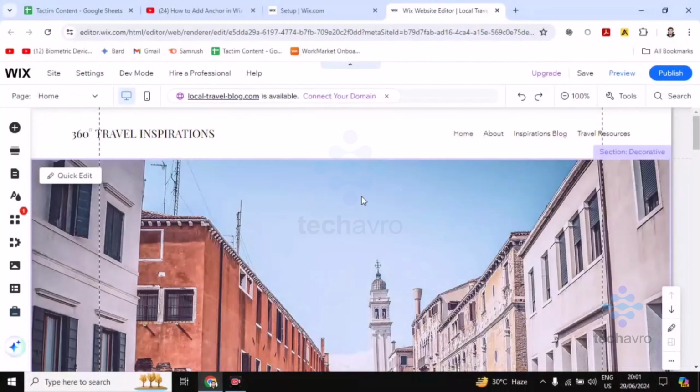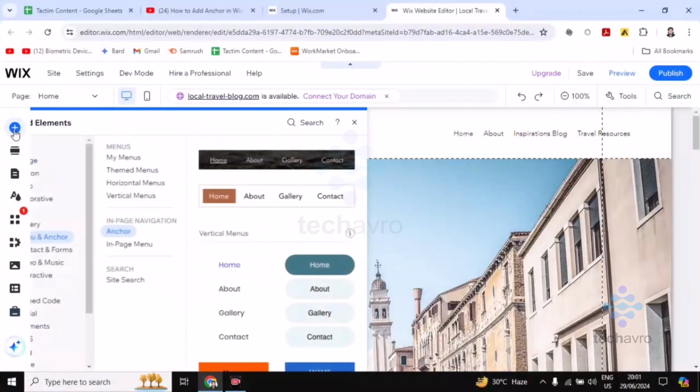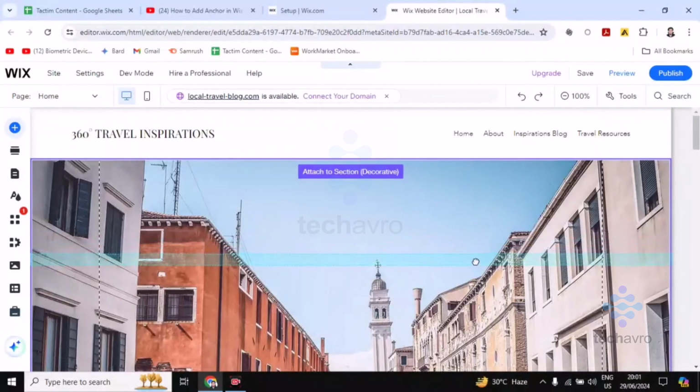Open your WIX website and you will find here this plus icon. Click on this plus icon and then you can see here menu and anchor. This section you can find anchor and you'll find here this anchor. You have to just drag and drop to the desired position